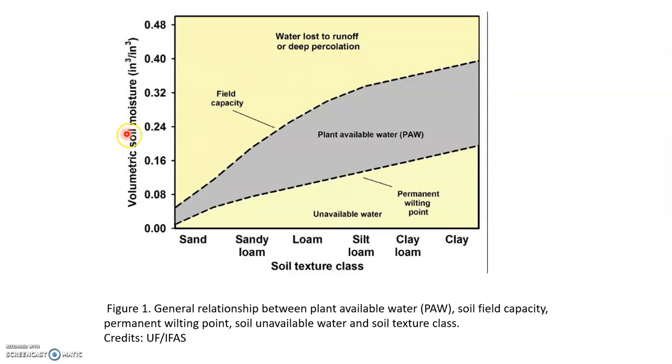In a 1 inch cube of soil, 50 to 60% can be stored in clay soil. So that is the major advantage of clay soil. But the infiltration rate is very low in clay soil, so runoff will be much higher in clay soil. So the optimum condition to grow plants is loam and silty loam. This is good for every plant, because the infiltration rate is a little bit higher, and the soil will store a lot of water as well. That's why we always encourage using loamy soils.